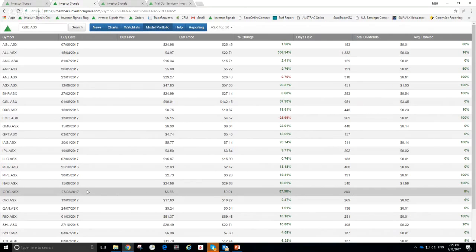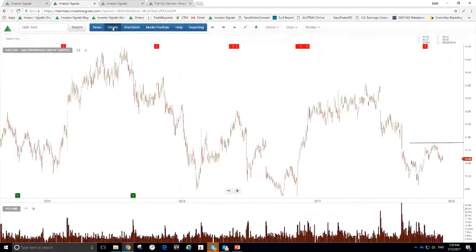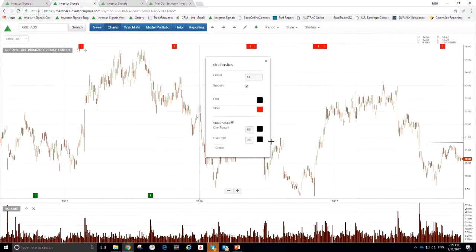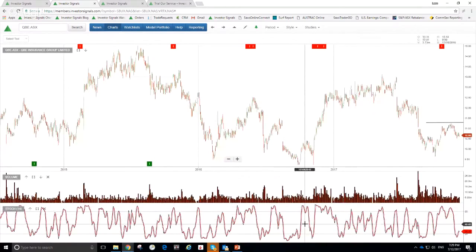So just to conclude, now we'll move on to the charts and spend a little bit of time navigating your way around the chart. So if we wanted to overlay a technical indicator, we'd go to the studies here, go down, pick an indicator, and let's just say the stochastics, for example. You'll apply the settings there and then hit create,